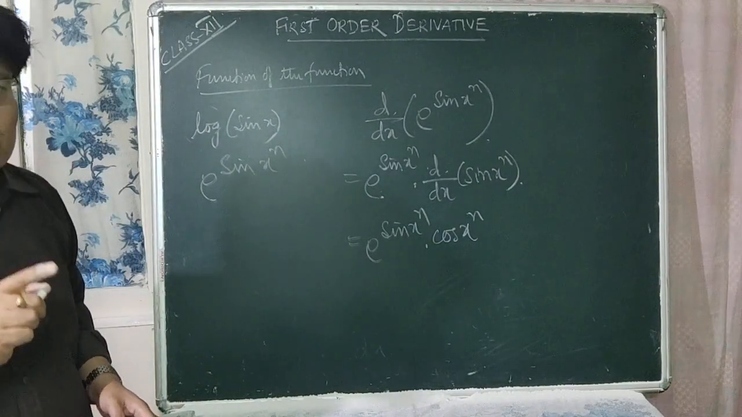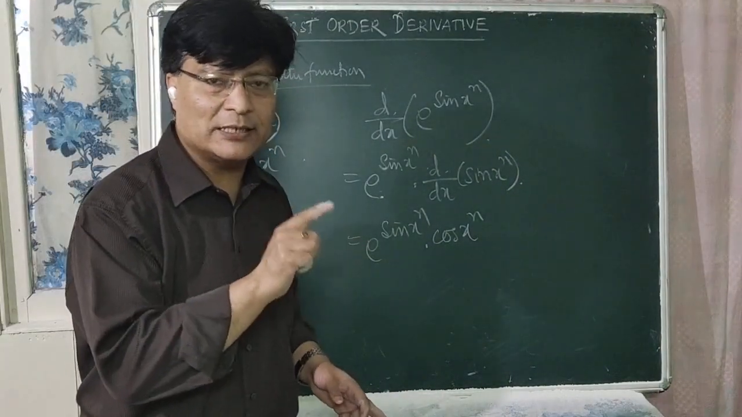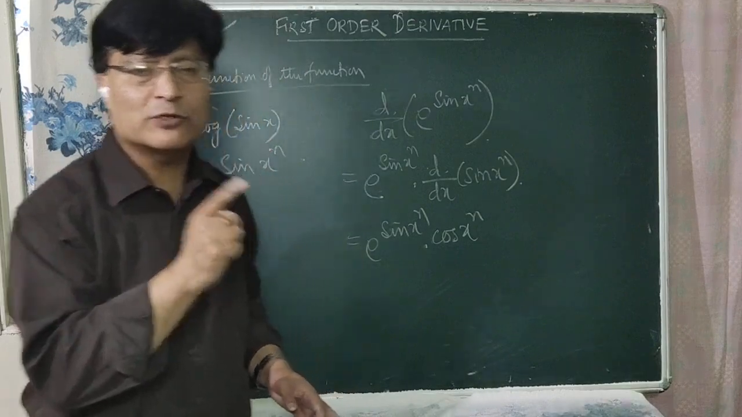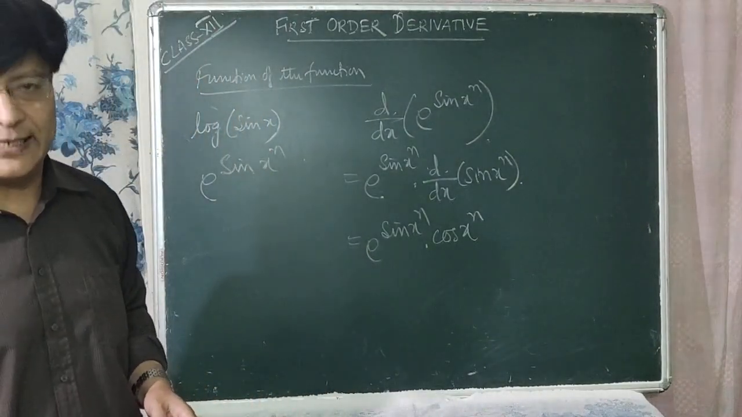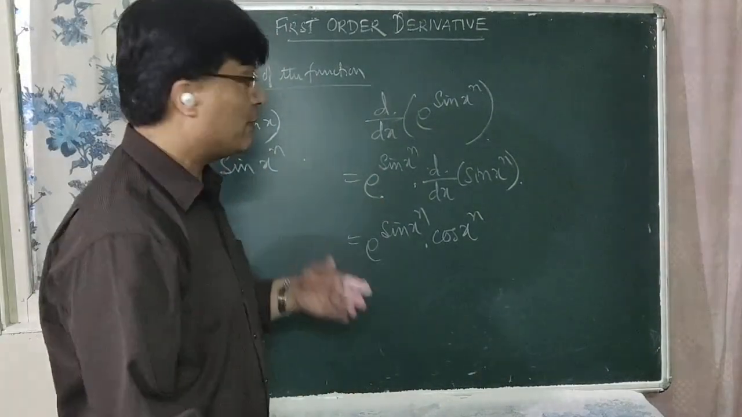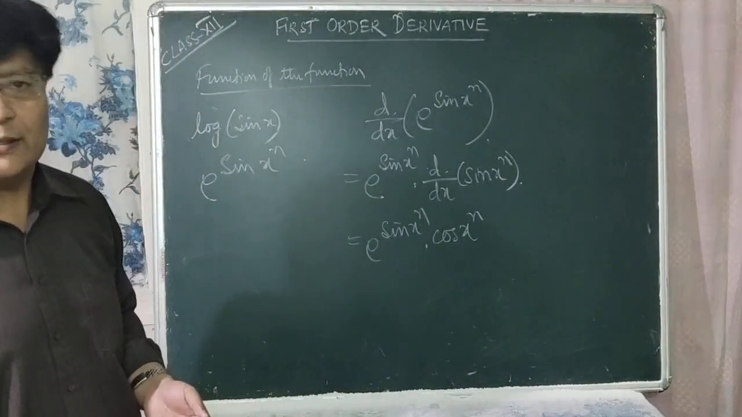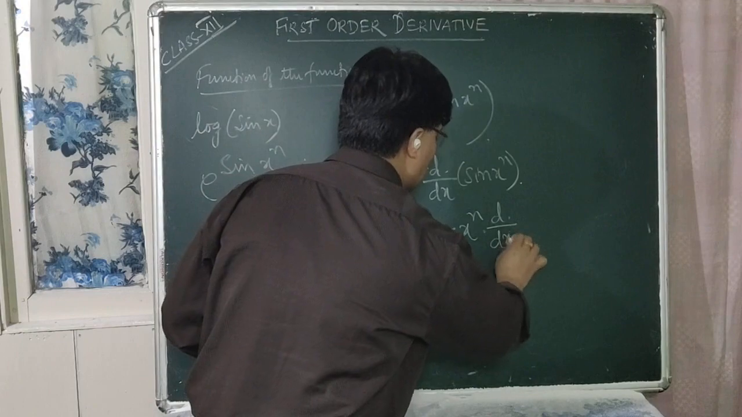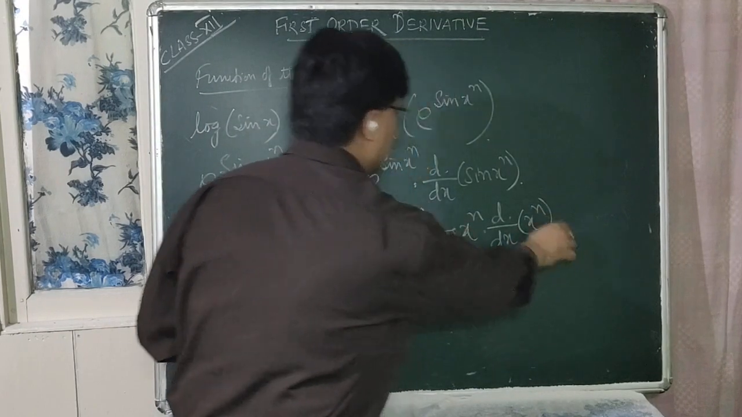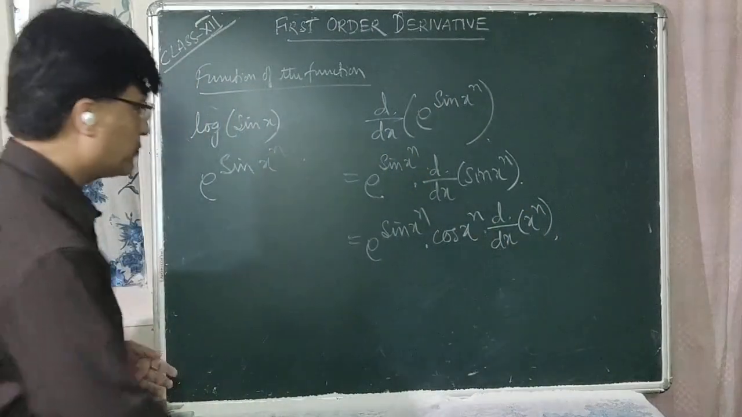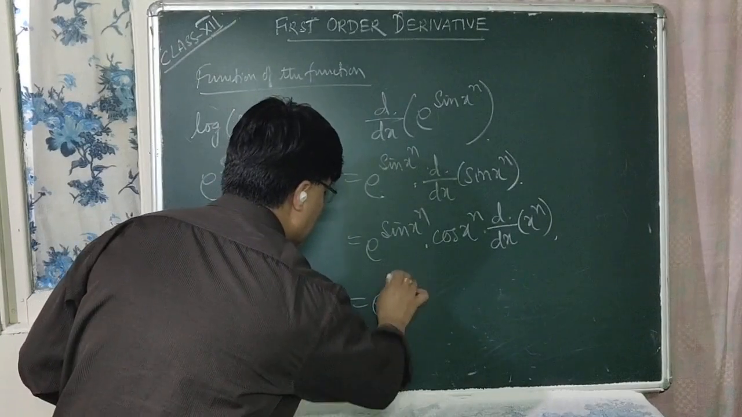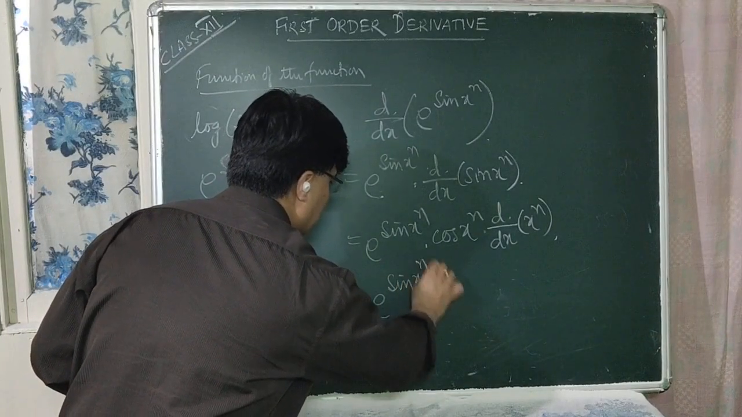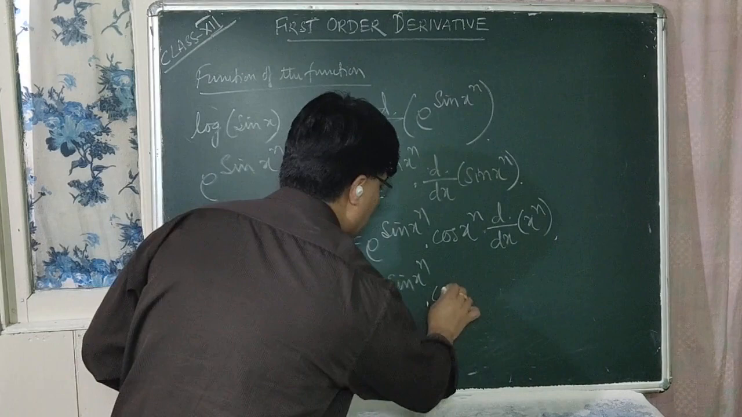Now, which function was taken as x? It is x to the power n. That function is also to be differentiated. That is, जुन चाहिँ हामीले x मानिरहेछ त्यसलाई फेरि हामी के गर्नुपर्छ? डिफरेन्शिएट गर्नुपर्छ into d by dx of x to the power n. Is that clear? So which is equal to e to the power sin x to the power n into cos